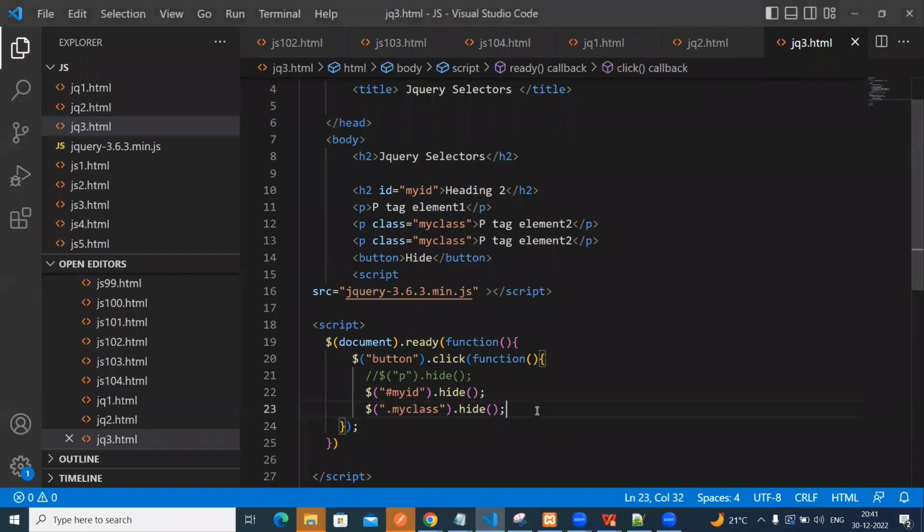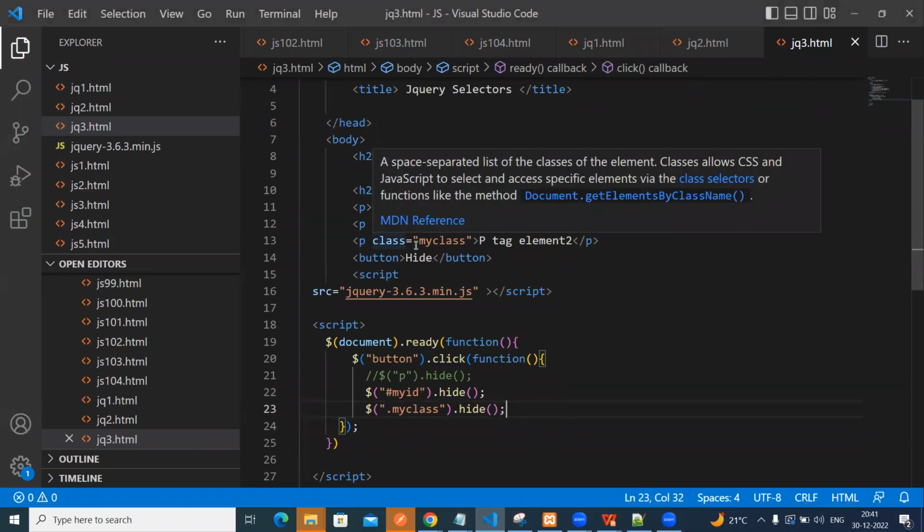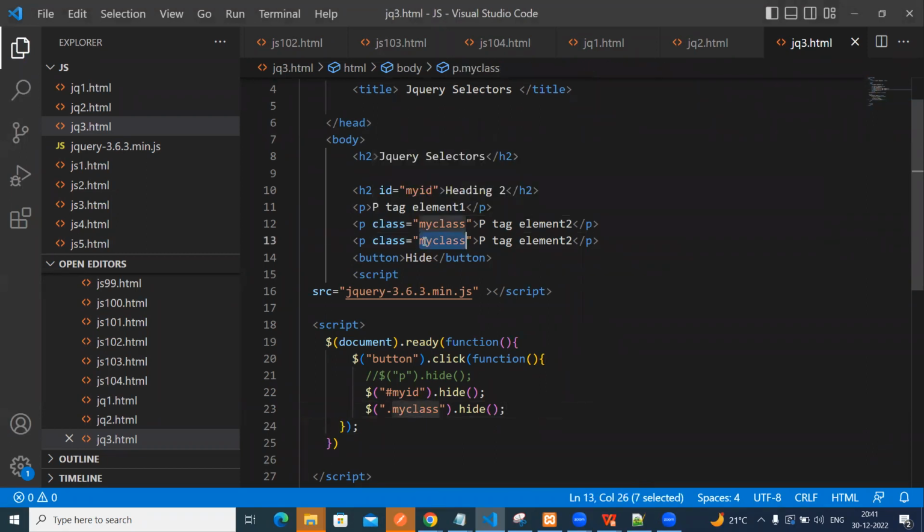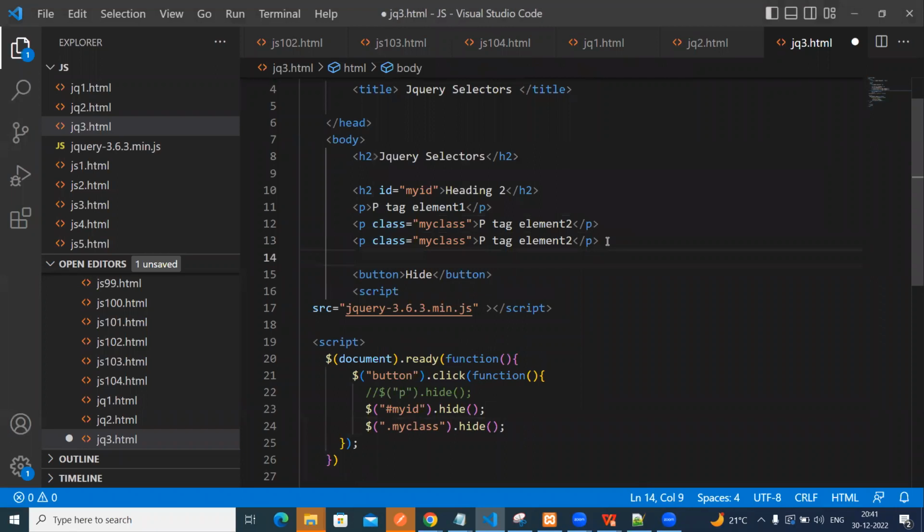We can use multiple also. Suppose my class has no condition, so this my class will have other tag elements also. Suppose I have a